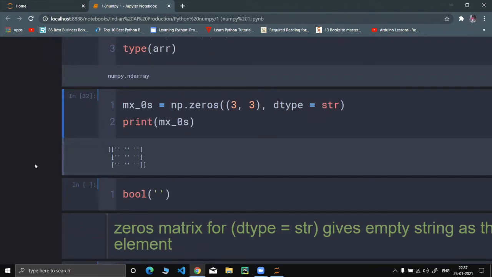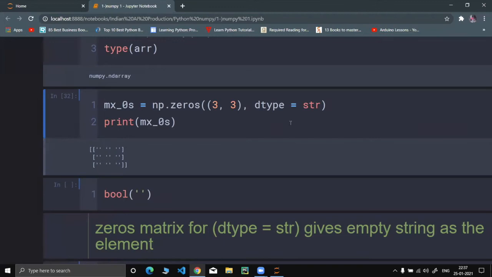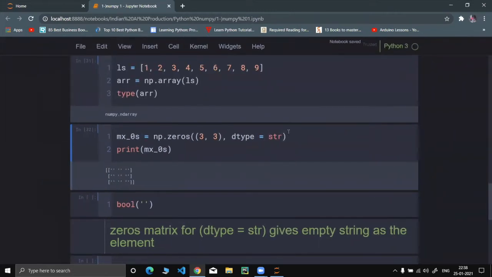All right, I'll tell. If we put dtype as string, it will put a null string there. It means a string containing no element. Basically, an empty string would be passed if we keep our dtype as string.